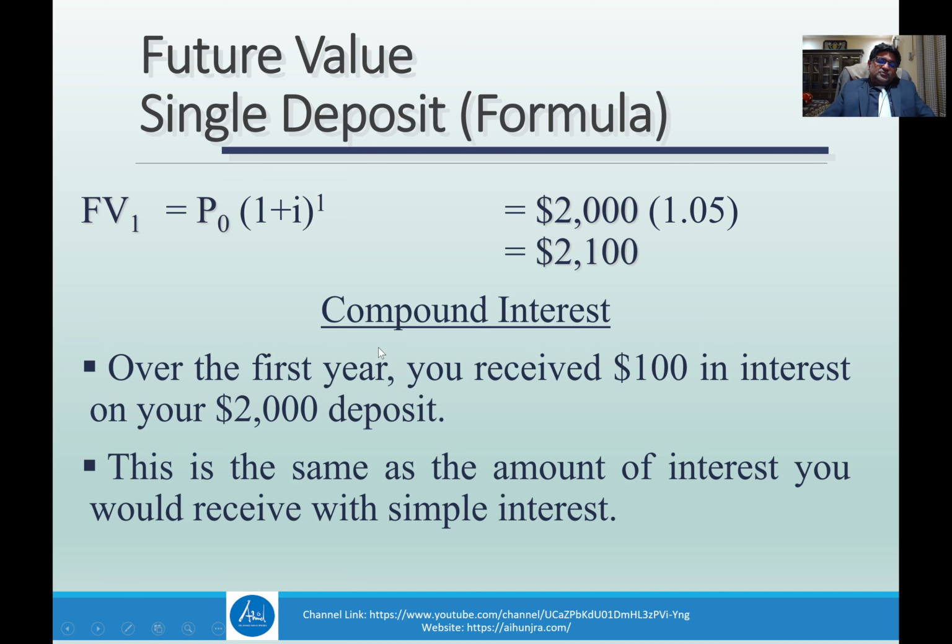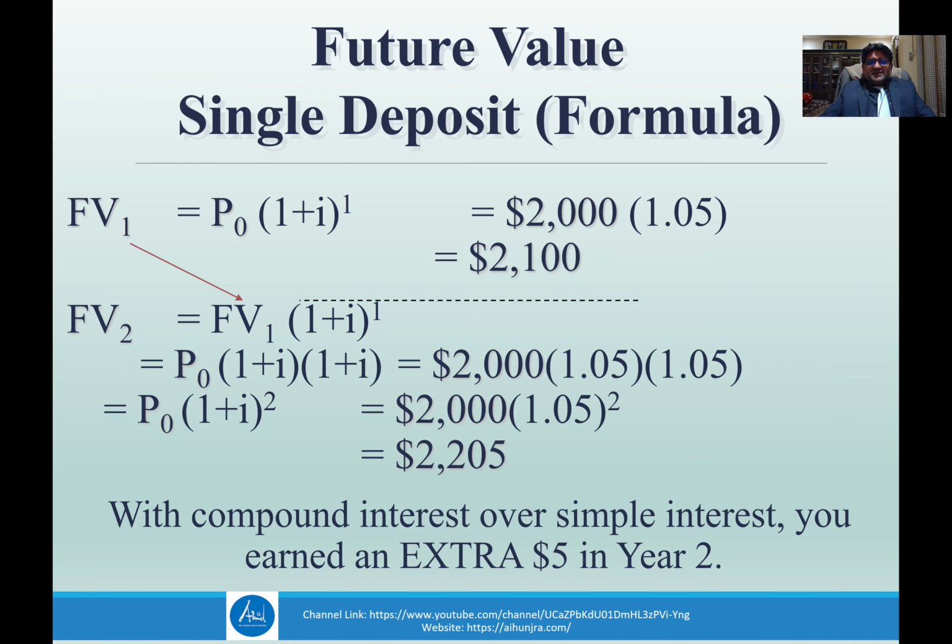Either you go for compounding or simple interest, you will be getting the same value. Look at here. This is the first year. At the end of the first year, by using the future value formula, either compounding or simple interest, we will get this value. For 2 years,